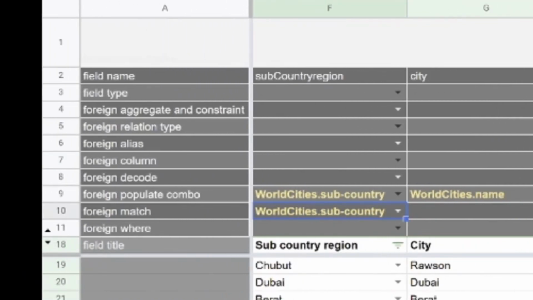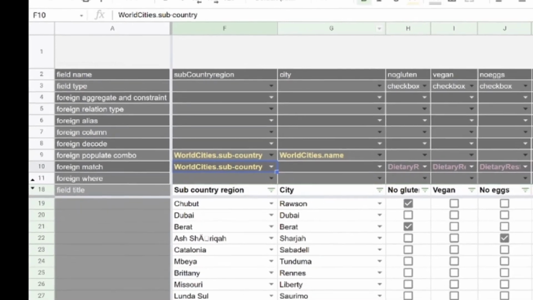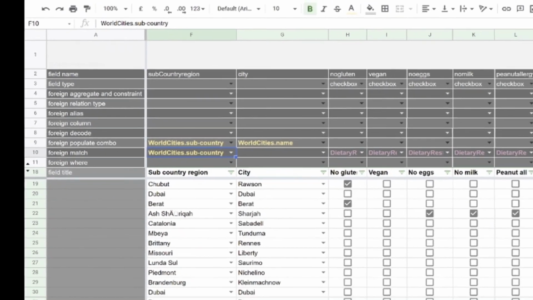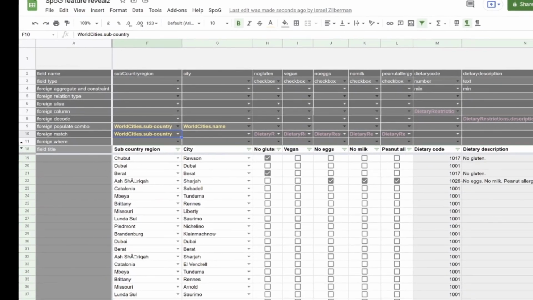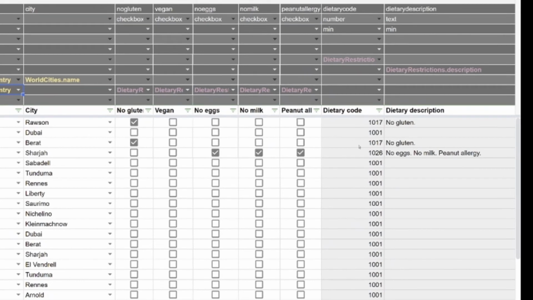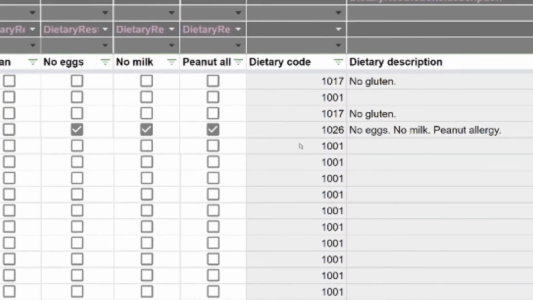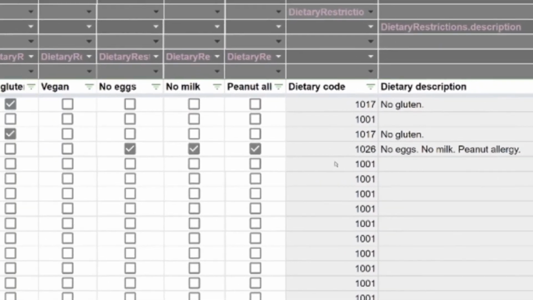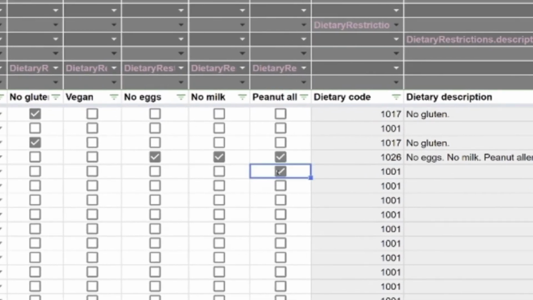This menu option also automatically compiled all the metadata changes, and we can see that dietary code column is no longer a free input for the user. Instead, it is a calculated column. Now Spag finds the record in dietary restrictions by matching these 5 checkboxes.